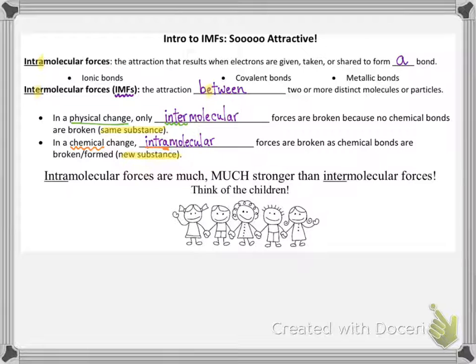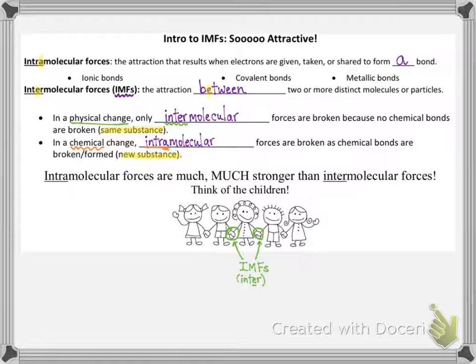I have a gruesome but hopefully helpful analogy for you. Think of children getting ready to play that game, Red Rover, where everyone holds hands and someone else tries to break through the chain. When the children are holding hands and someone runs into them, trying to break through, their hands being held together are the attractive forces between the children. So these would be the equivalent of IMFs in our analogy.